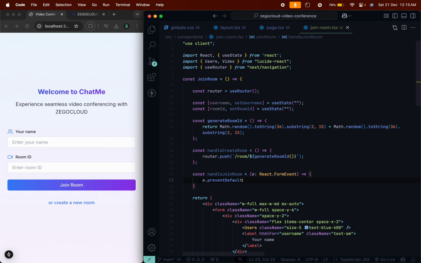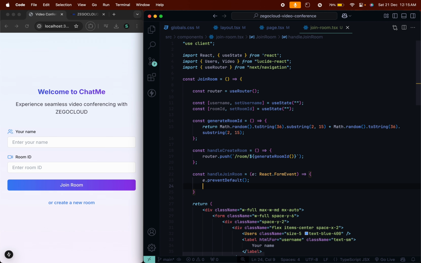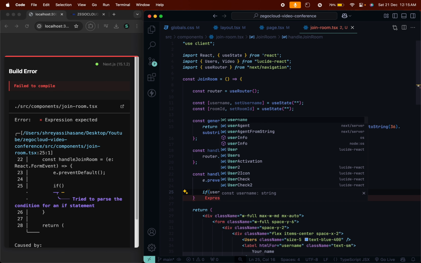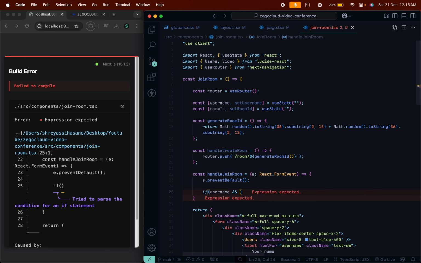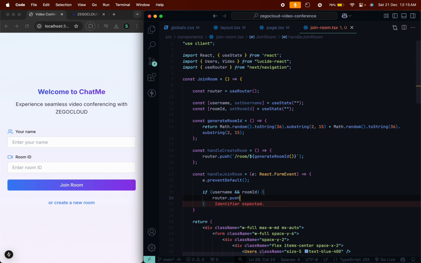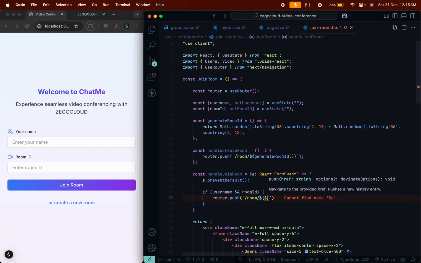Now let's prevent it from reloading, and if there is a username and room ID, then only router.push to /room, then the room ID, like that, and we'll also be passing the username,